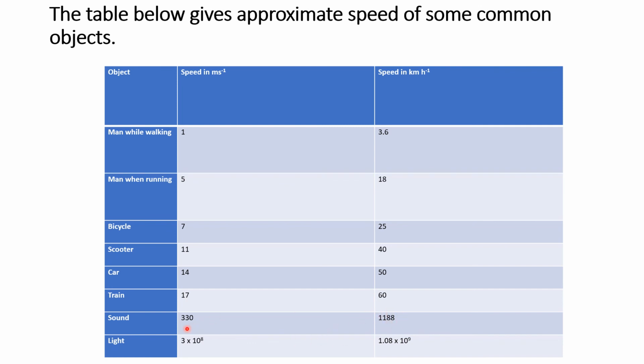And light travels with a speed of 1.08 into 10 to the power 9 kilometer per hour. You have to learn these two values. Sound in meter per second is 330 meter per second, and light in meter per second is 3 into 10 to the power 8 meter per second. So these are the two important values that you have to learn: sound and light. I hope you will understand, and we will try some more numericals based